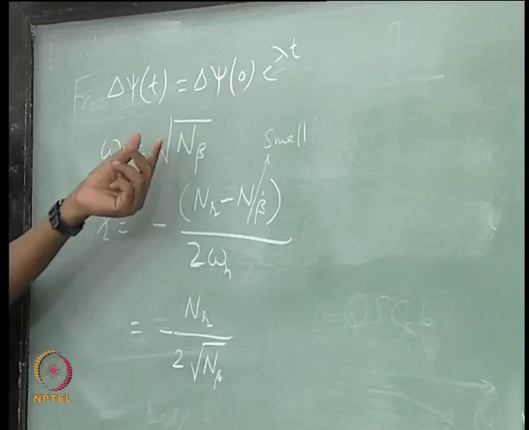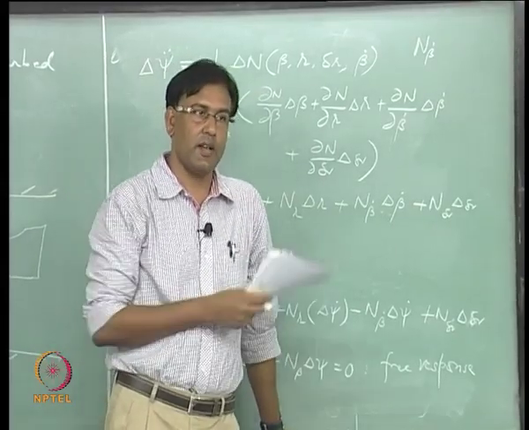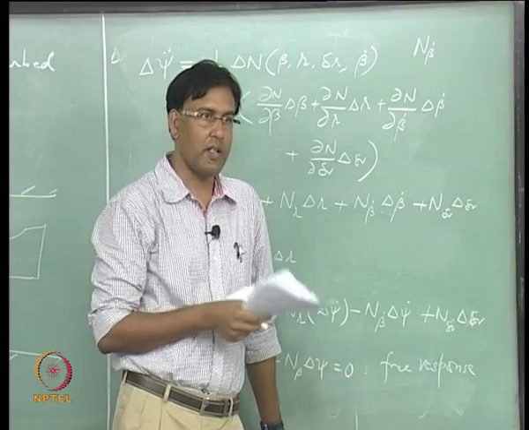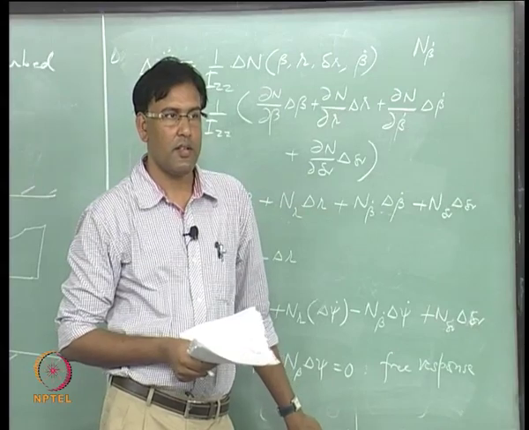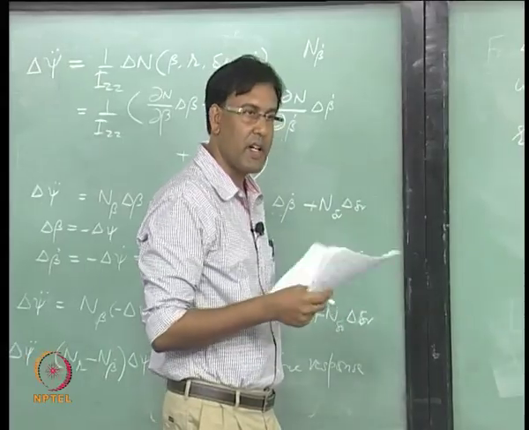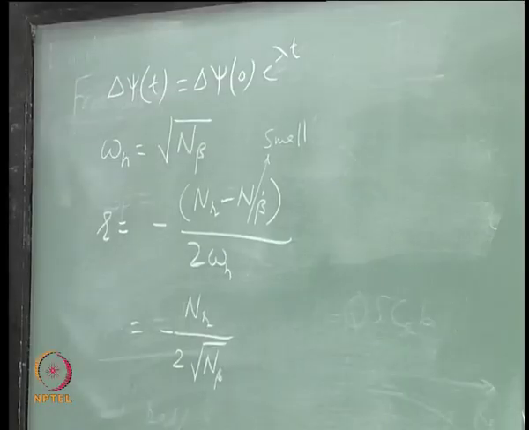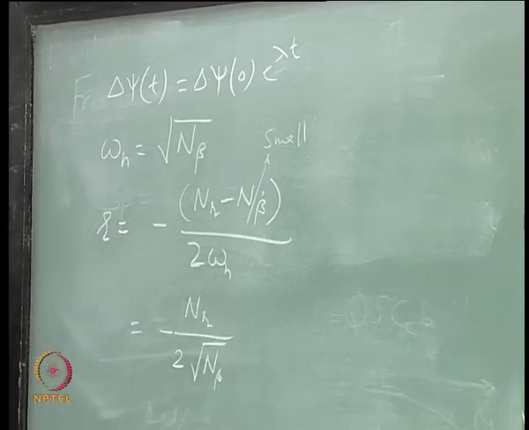This we have seen already earlier. What is this n beta? N beta is the yaw stiffness term, or the directional stability term, and that gave me only the frequency. We had no idea of damping earlier, and that is where we were talking only about the static stability. Now you have damping in the model, so now you can look at how the amplitude is growing or decaying in time.